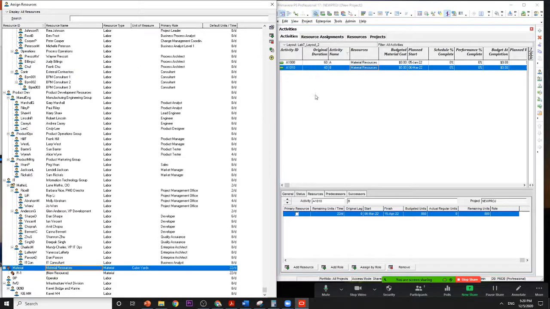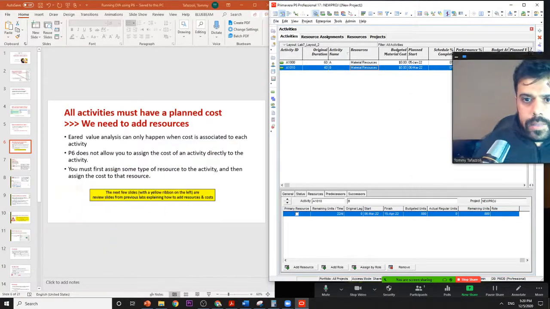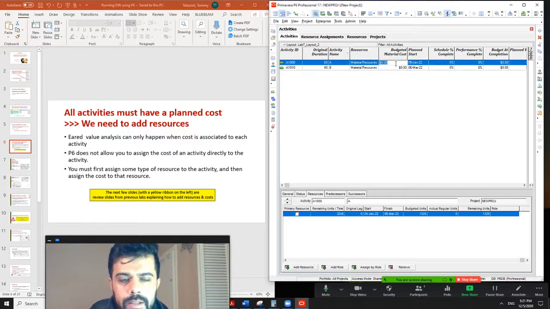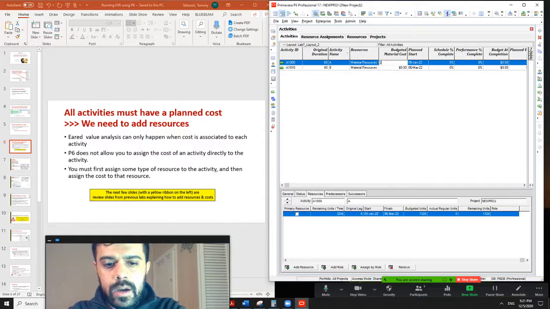You can leave it open and you can move between the activities, and whatever activity is highlighted, when you double click on the corresponding resource, it will be added to the list of the resources down here. Okay, so that is how you add resources. But once you have the resources, then you can manually add the budgeted material cost. Because we just added the material as a resource, so now it enables us to add a cost for that. So let's say activity A costs